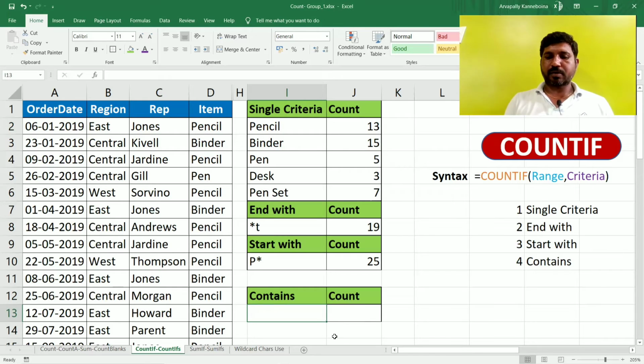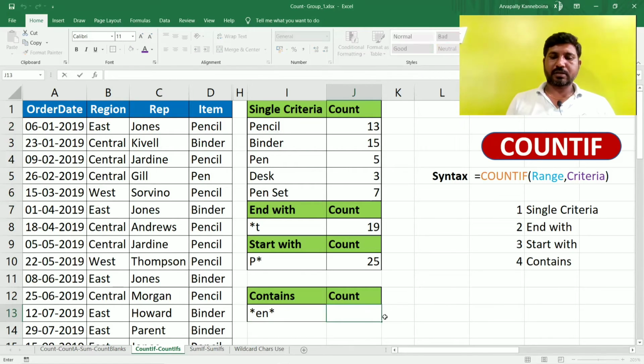So for example, star en star means en should be in the item. So en is there and is also there. So these many cells contain en. Three, right? Three items are matching with our criteria.